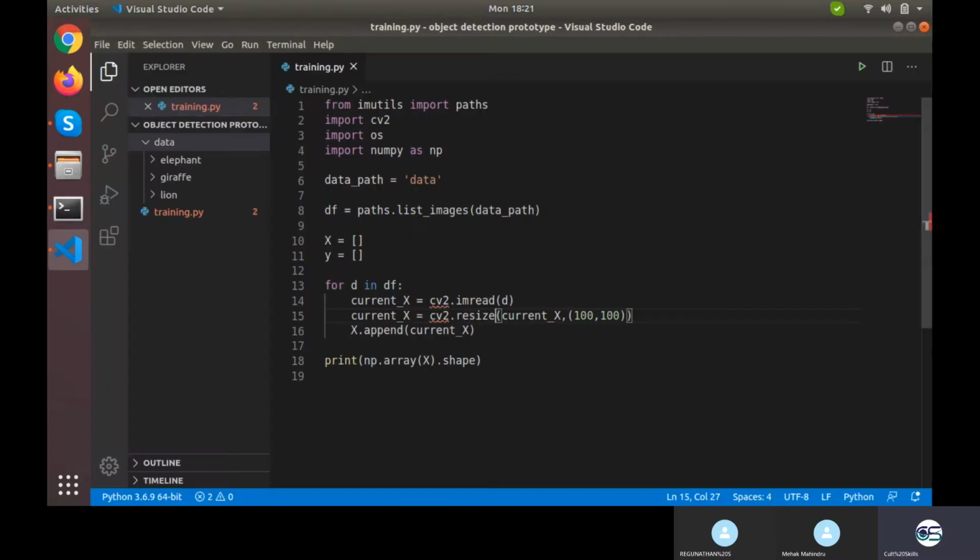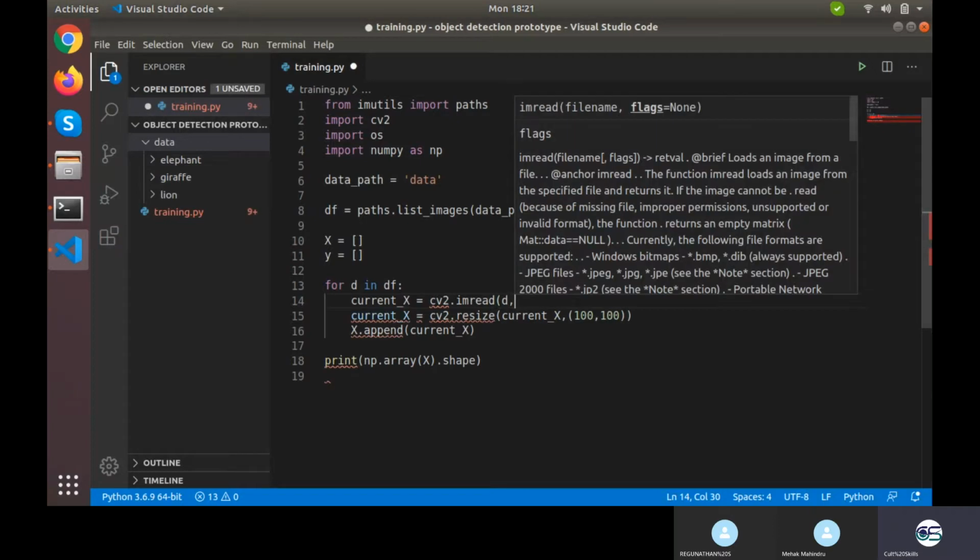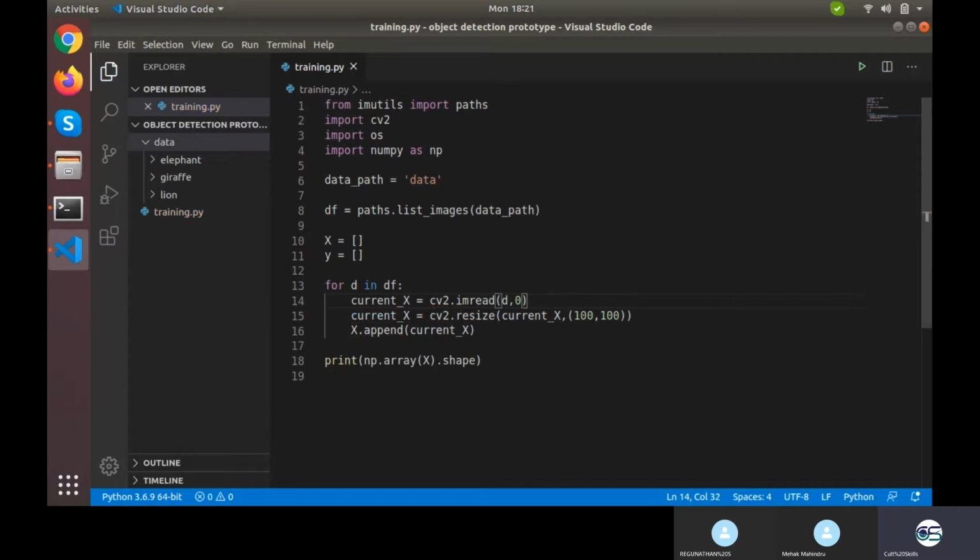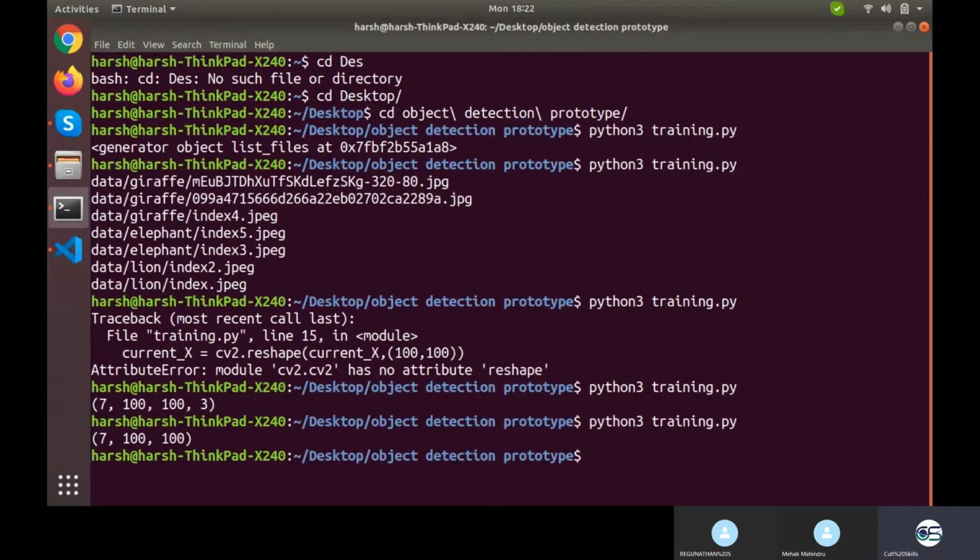No doubt. Basically, the majority of the work going on in image processing is with black and white images, not colored. So we do the processing on black and white images and then put the result back onto color. An object gets recognized by first transferring to black and white images, locating the object there, and giving the result on the color images or as a text symbol. So instead of this I want to write d comma 0, where 0 means it needs to be read in black and white form. Now let's see the shape.